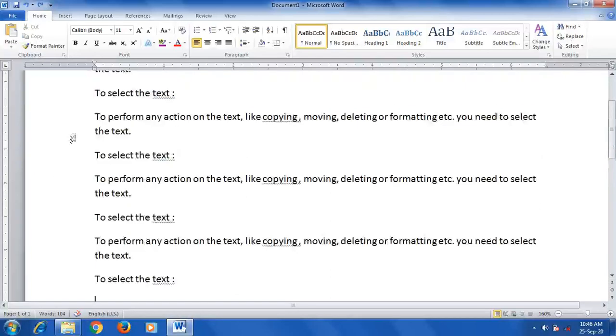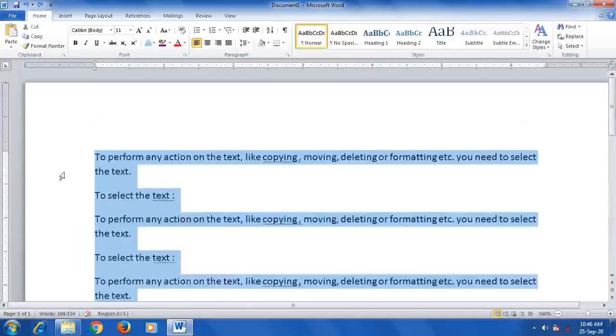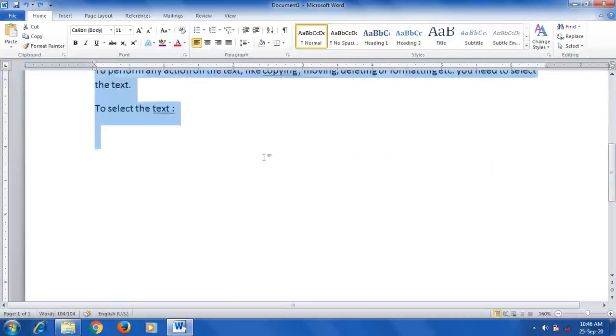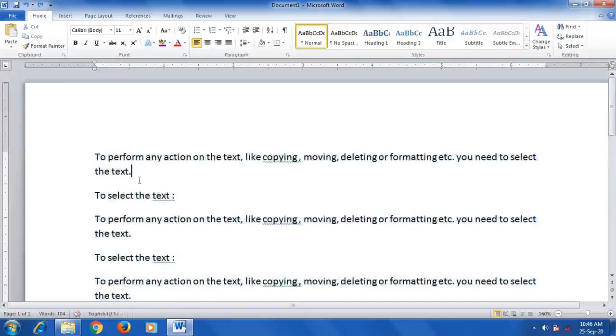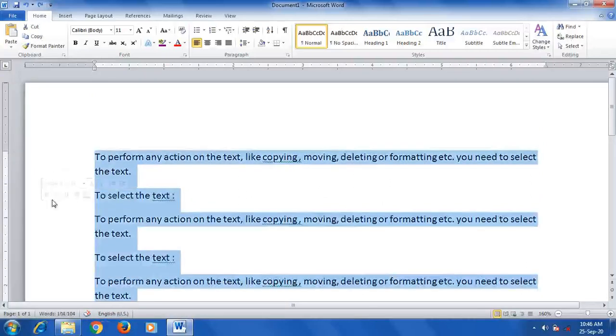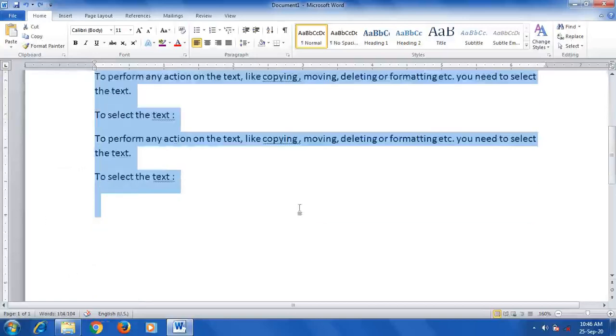Next, now if you want to select this full block, in that case triple click in the left margin area. So when you triple click in this left margin area, the entire block gets selected. Another alternative is you can hold the Control key and press A. Hold the Control button and press A, that simply means select all. It selects the entire text. The simple, shortcut way is to triple click in this left margin area. Okay, when you triple click in this left margin area, the entire block gets selected.